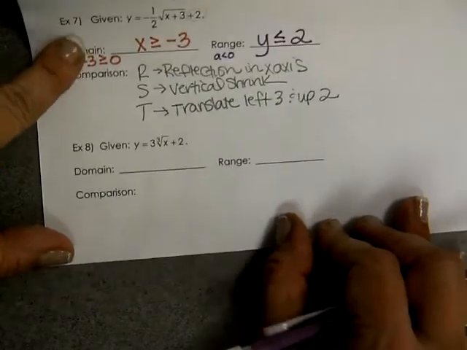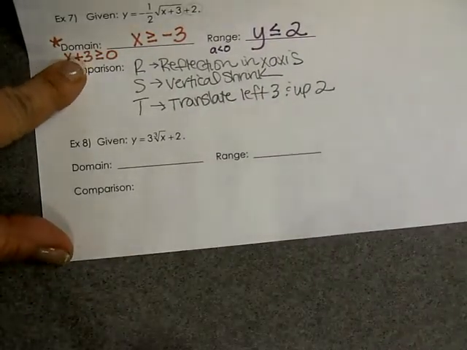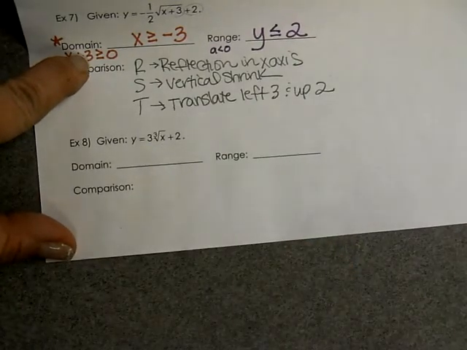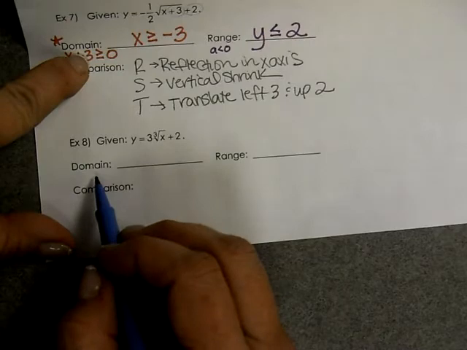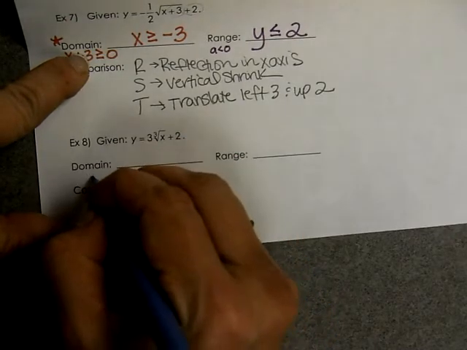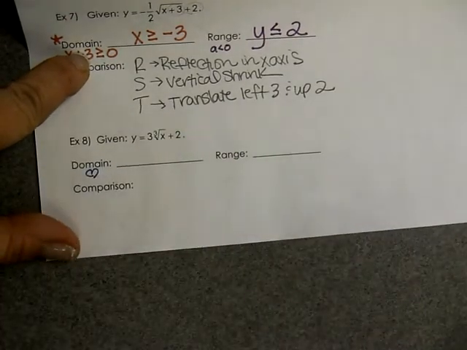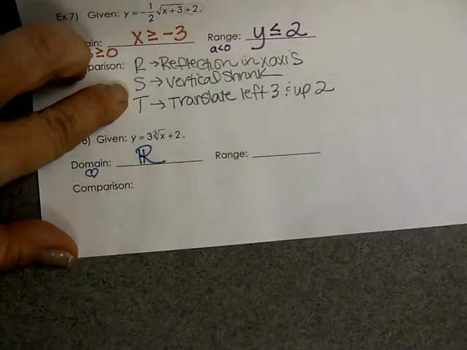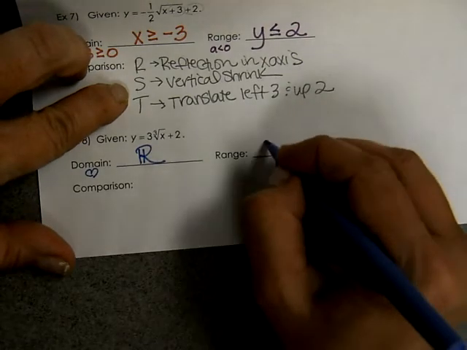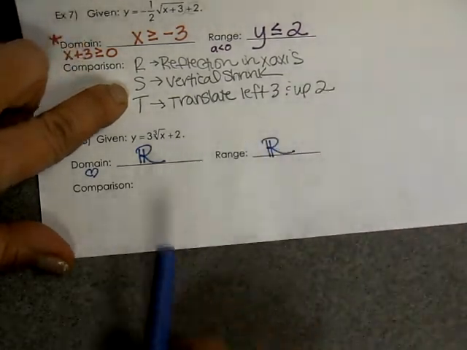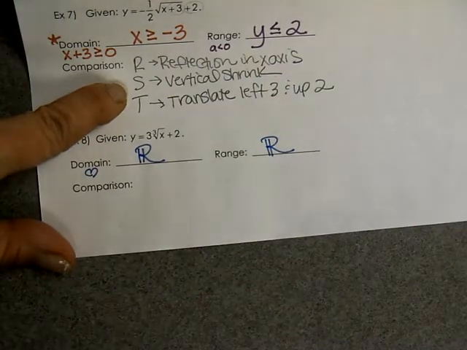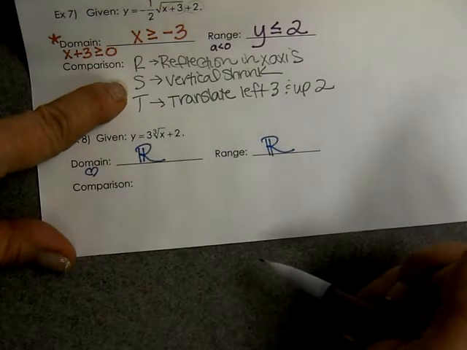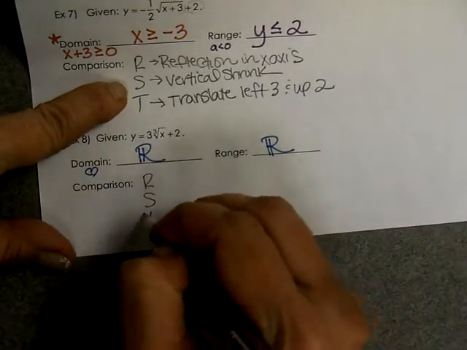Okay? Next one, yay! Example 8, we have this cube root function. For cube roots, do we have any domain restrictions? We don't. We don't have to worry about any domain restrictions in the cube root. So our domain is all real numbers. And what about our range? That's right, that's all real numbers also. So you only have to worry about having a different domain and range in those square root functions for this section. In our comparison, RST,